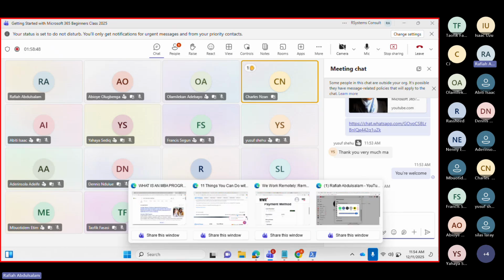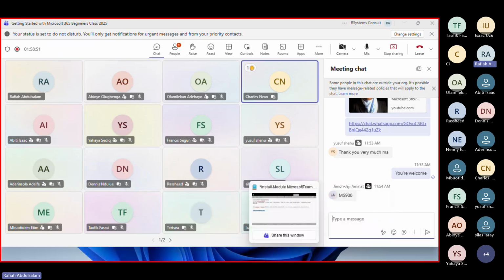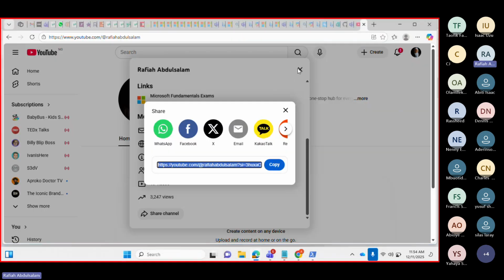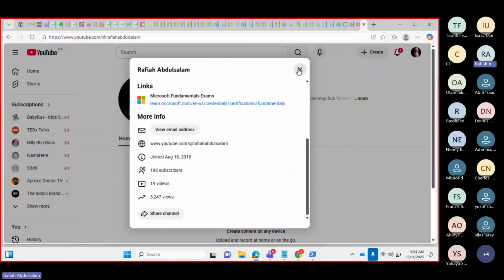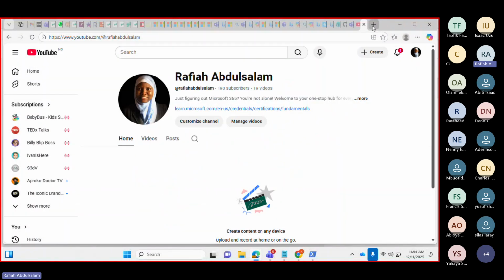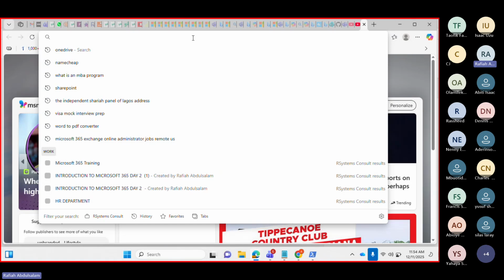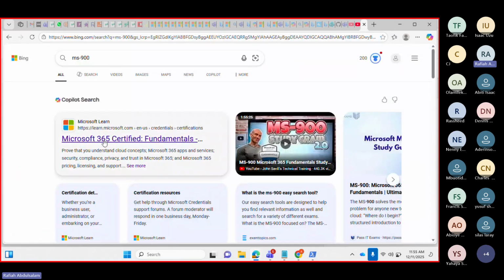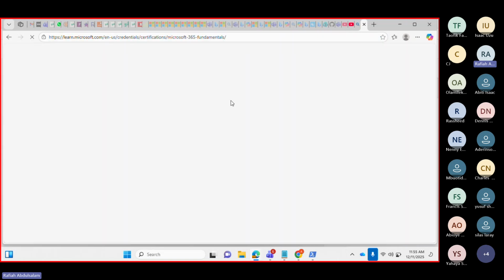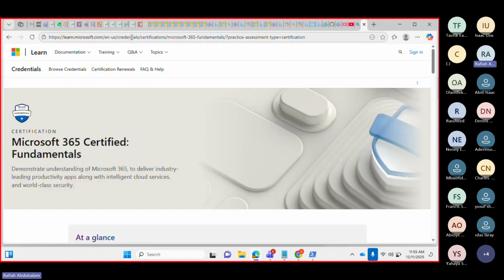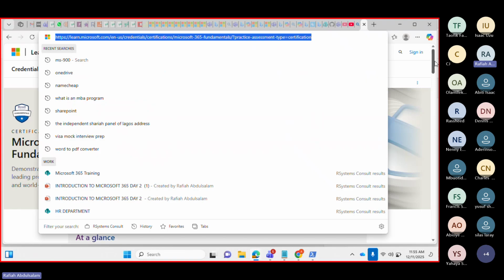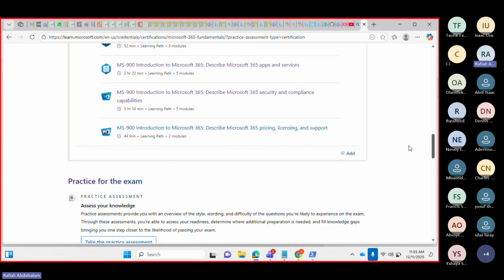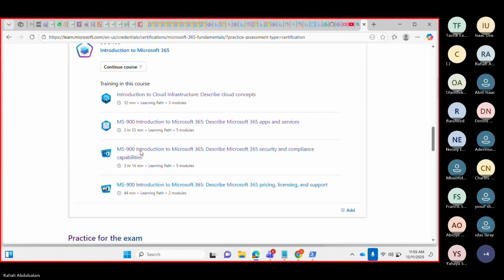Let me even share the link with you. Just search your MS 900 and you'll see that we have a Microsoft Learn module. I think what I'll do is I'll still find time to explain all of this to you guys, because for this MS 900, you need to write these exams before March, right? This is the exam. You can see, if you can still see my screen, these are the learning modules that